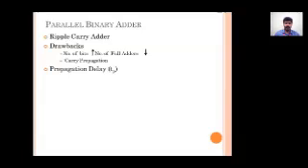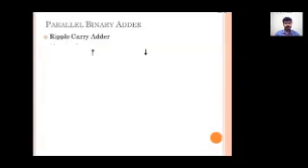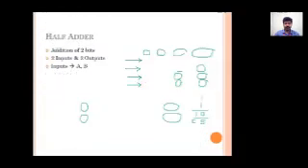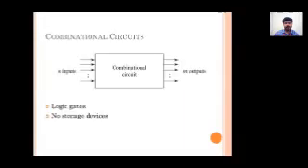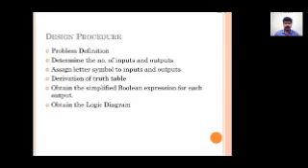Before conclusion, we can have a small summary of today's discussion. In today's discussion, we have discussed the combinational circuit, and that the output of a basic combinational circuit depends only on the present input. So it doesn't need any storage devices. Next, we discussed the design procedure: problem definition, determination of the number of inputs and outputs, assignment of symbols for inputs and outputs, creation of a truth table, then creation of a Boolean expression based on the truth table, and then creation of a logic diagram based on the Boolean expressions.